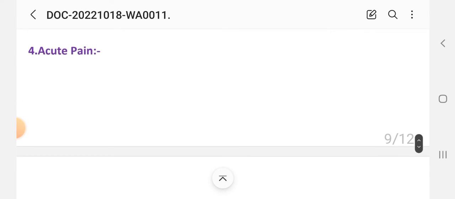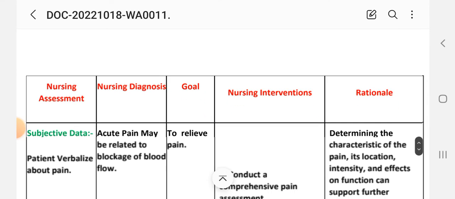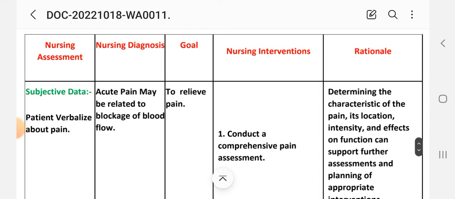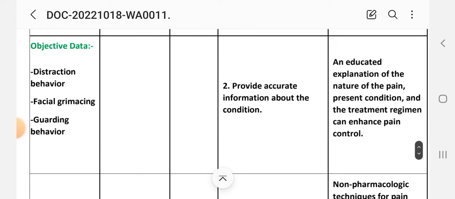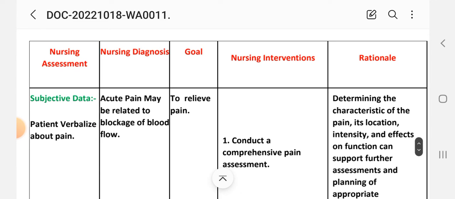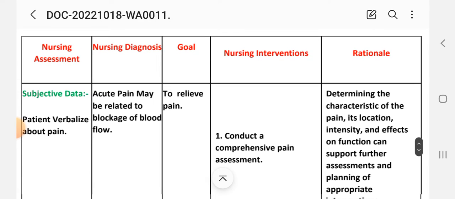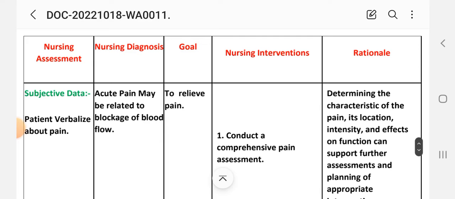Next, let's see the fourth care plan here. Nursing assessment, diagnosis, goal, intervention, rationale. First, subjective data: patient verbalizes pain, and objective data: distraction behavior, facial grimaces, guarding behavior. Nursing diagnosis: acute pain may be related to blockage of the blood flow. Goal will be to relieve pain. Nursing interventions and rationale, let's see, first intervention: